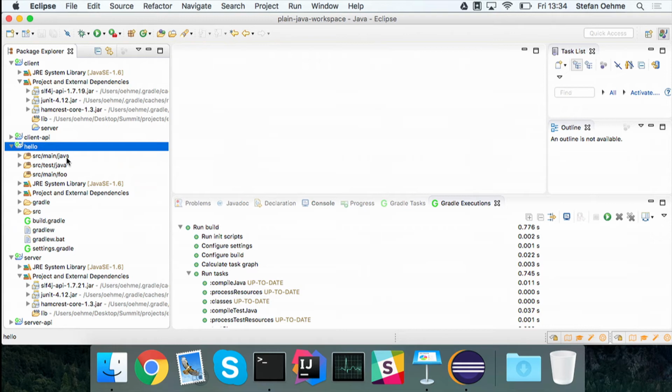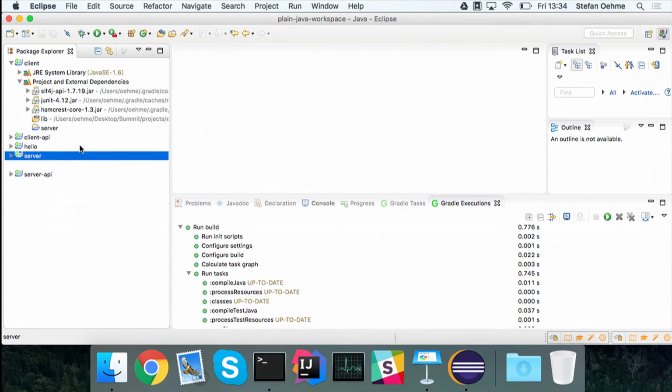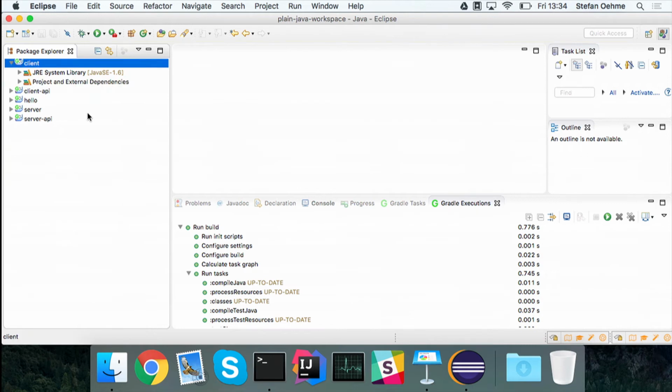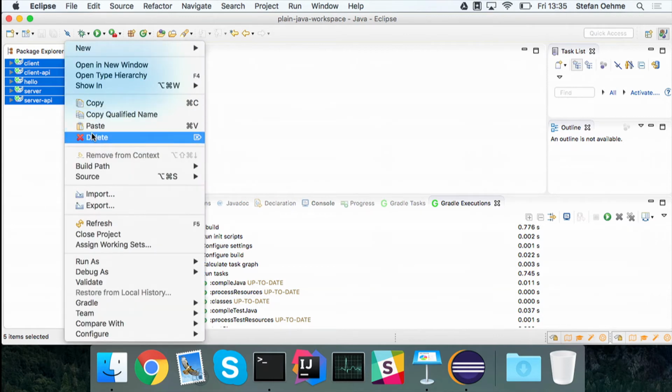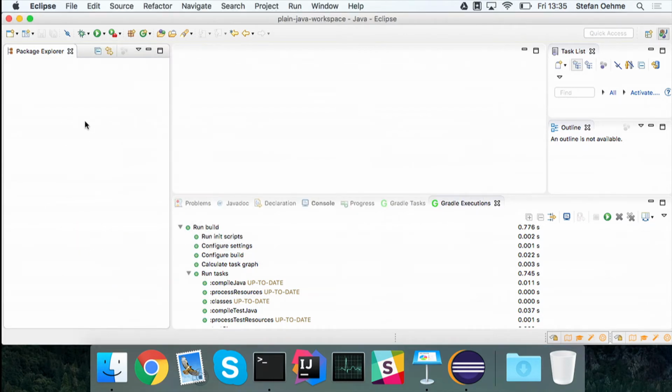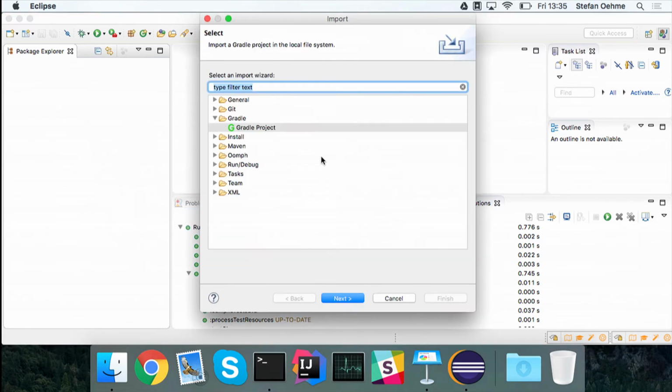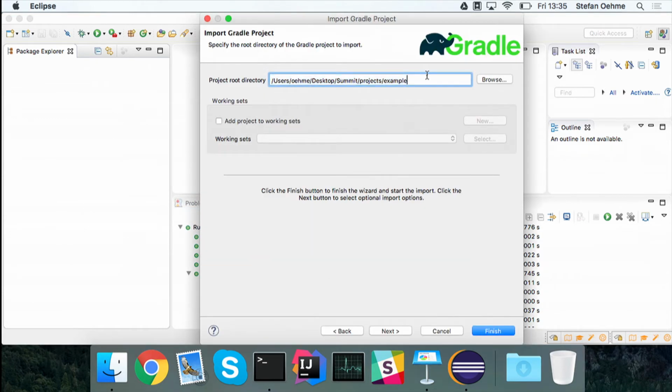OK, so this is the improvements to the synchronization logic. But not every project is this tame with 5 small, cute subprojects. Quite often, you end up with things that are much, much bigger. So I have an example project here that we use in our own performance tests. It's called Big Ol' Java, and it has 500 submodules. And I'm just going to import that, and you'll get the dialog asking me if I want to keep or